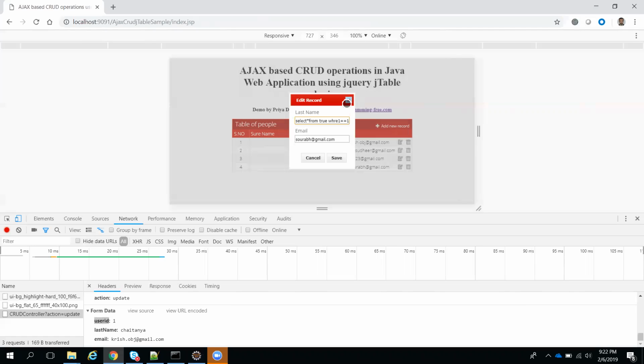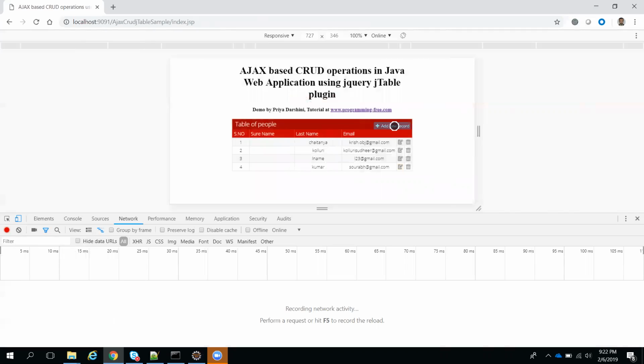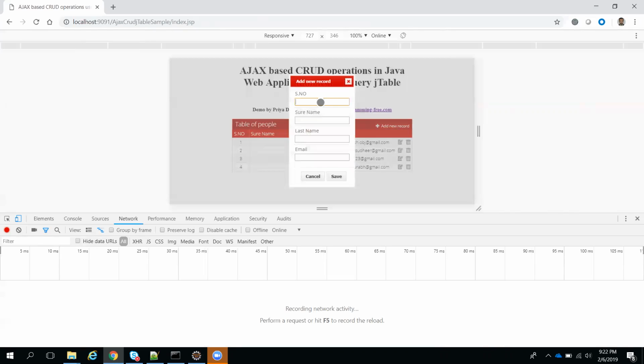Now I will show you a create request also. So I will clear this and show how the create request goes. Create means add a new record. Now I'm creating a new record with some ID, like I will give 5. Sir, okay, you can tell me what surname to give, or else first name or something. We call it as yes. And email 23@gmail.com. So when I click save, immediately one more action will be called.